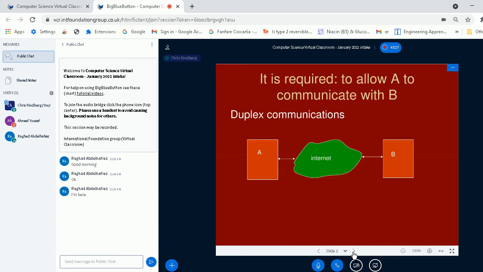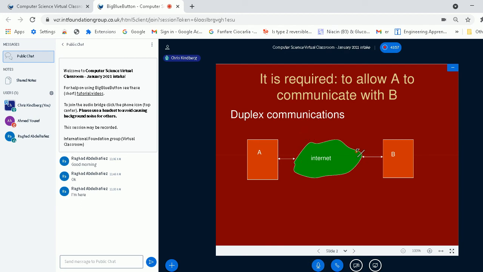Okay. So supposing it's required for us to communicate between A and B, where A and B is separated by the entire internet. I mean, it's opposite ends of the internet, if we can talk like that. So we need to allow A to communicate with B via the internet.